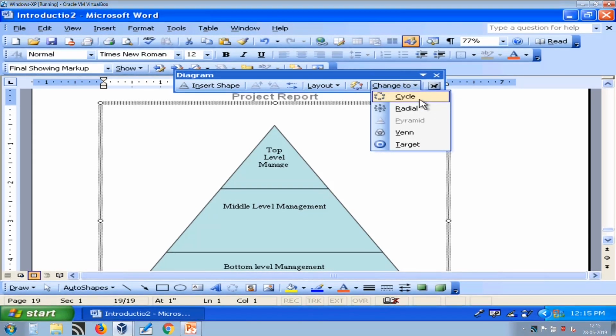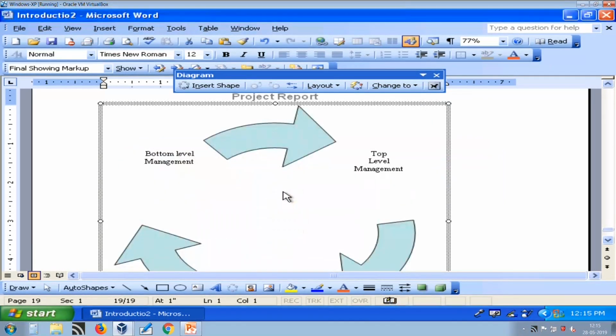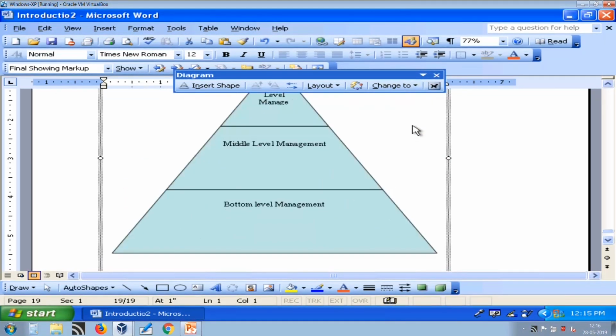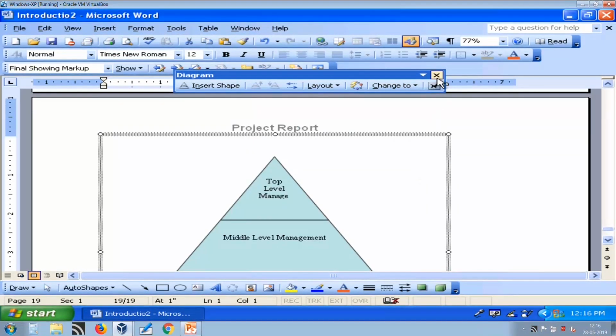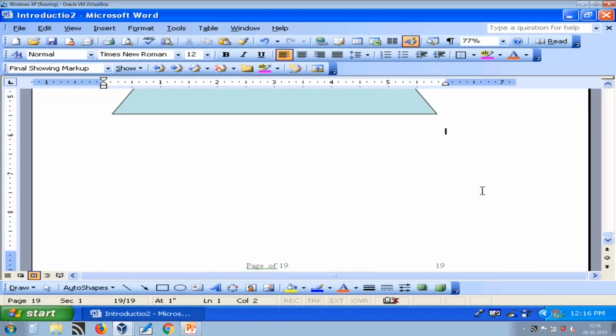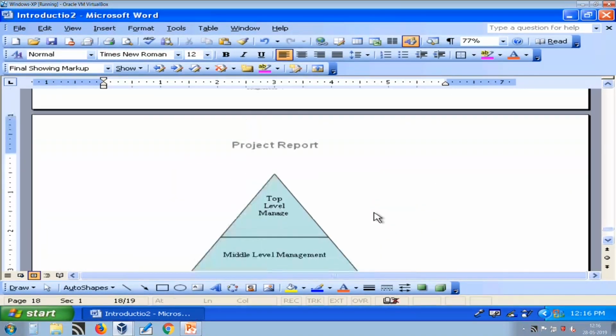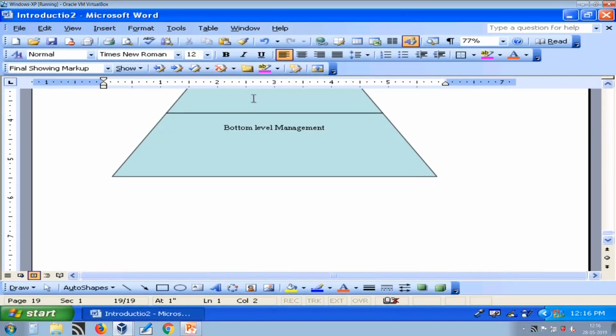You can easily change it to some other diagram like cycle, or again we go to pyramid. So, these not only allow you to create diagram, but you can quickly change between diagrams if you require.